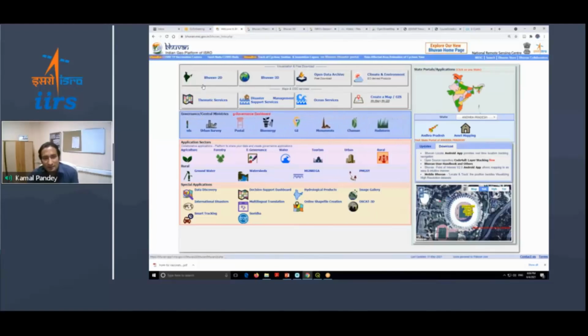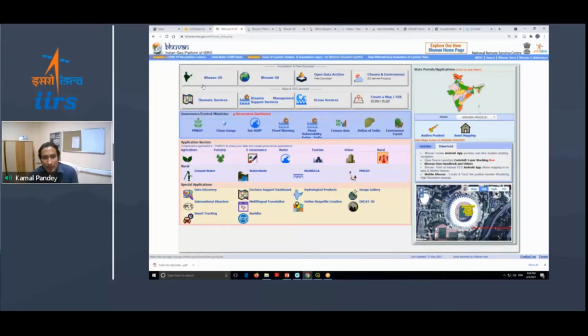See, ISRO has been sending so many satellites to the space, capturing the data from there. Then where does that data go? People are using that data set for various applications. In India, in ISRO also, we have used that data for creating a huge amount of information. I must tell you